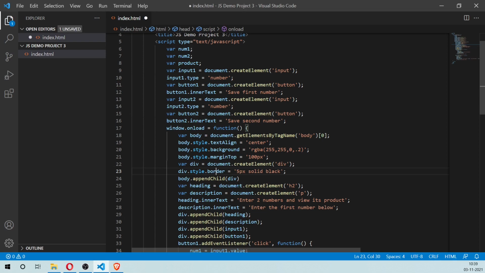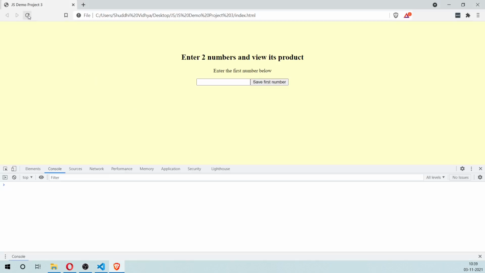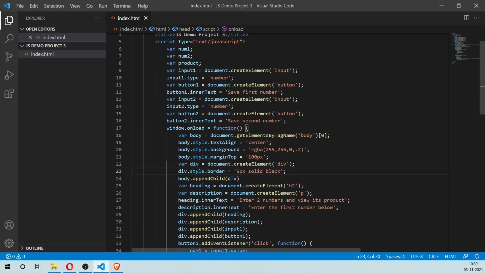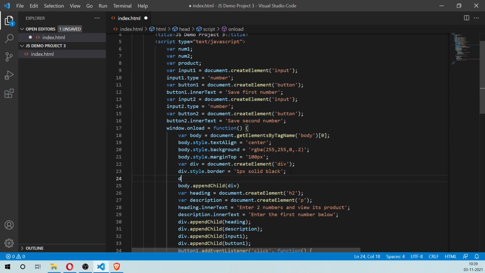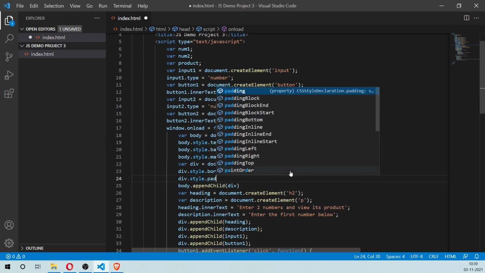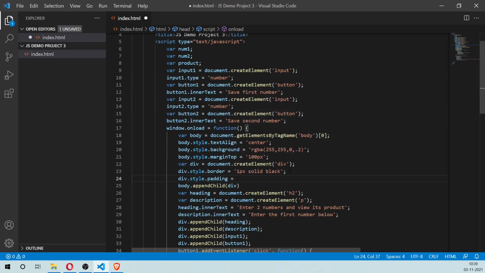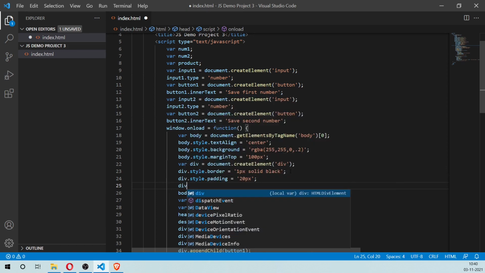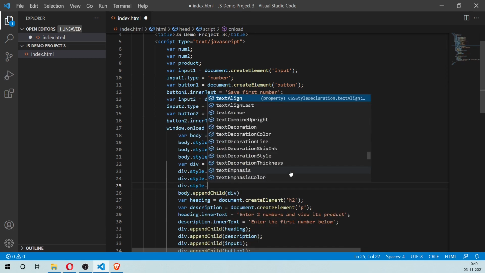Well, we have a spelling mistake here. So border. Okay, so 1 pixel is enough. We'll also give this div a padding of 20 pixels, and we'll also give the border a border radius property.